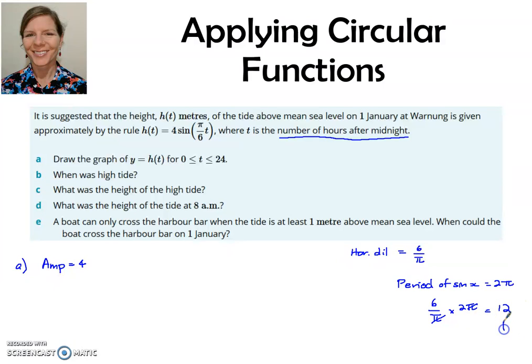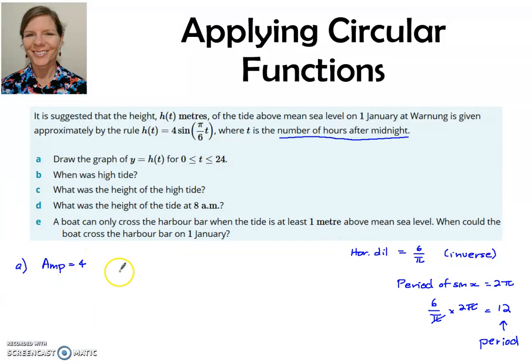So this is the period of the new function here. The fact that there's a pi in there, don't let that scare you. It's just the same as we did before. You've always got to find the inverse. Remember, inverse? And in this case it's quite good because the pi's cancel out, so you get a nice whole number. So we've got an amplitude of 4, we know the period is 12,